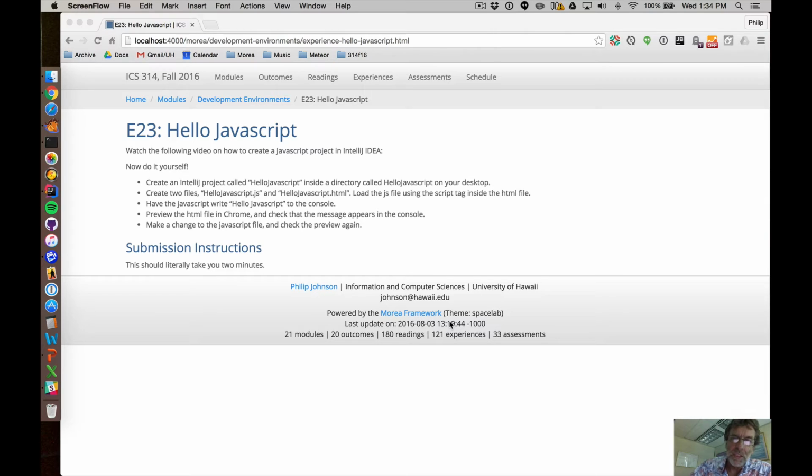This is really simple, but it is important, I think, to just see someone walk through the steps of creating a very simple JavaScript project in IntelliJ IDEA if you've never done it before. Now, the thing you have to note about JavaScript, which is a little different from something like Java or C++, where you're compiling down to native machine code, is where is JavaScript going to execute and how does